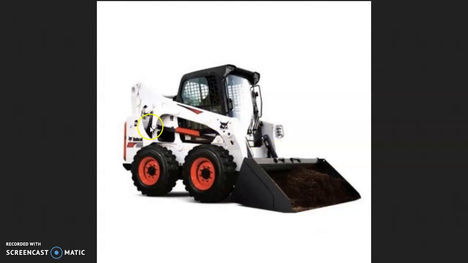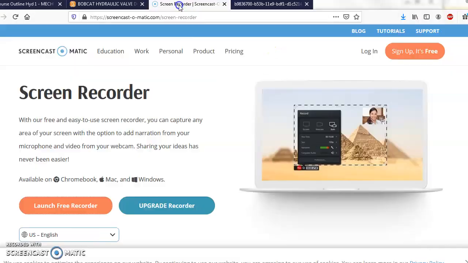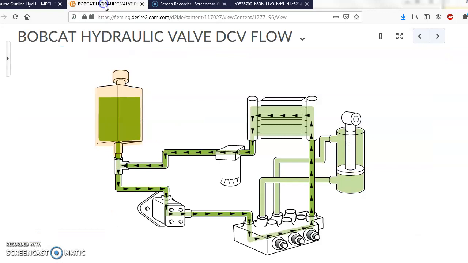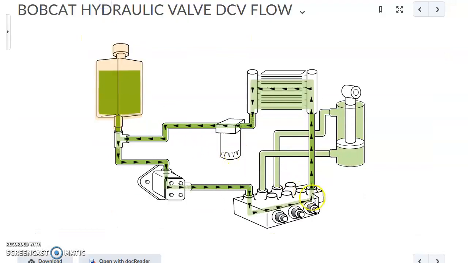So lift operates the 2 lift cylinders, one on each side of the machine here. Tilt operates, in this picture, 2 parallel tilt cylinders, but some smaller Bobcats will only have a single tilt cylinder. And then we've got quick couplers for auxiliaries here. There may also be rear-mounted quick couplers for a second set of auxiliaries on the back. I'm just mentioning that because this animation seems to show two auxiliary functions. Well, they don't in the animation, but when they get to the schematic, they show us 2 auxiliary functions